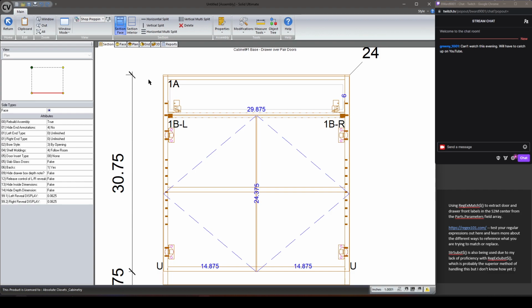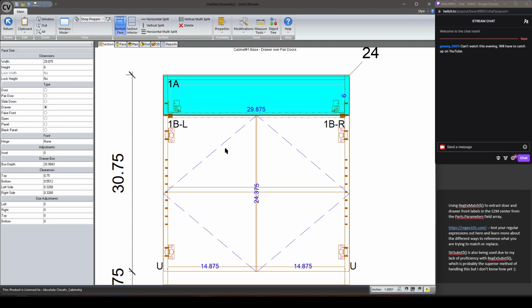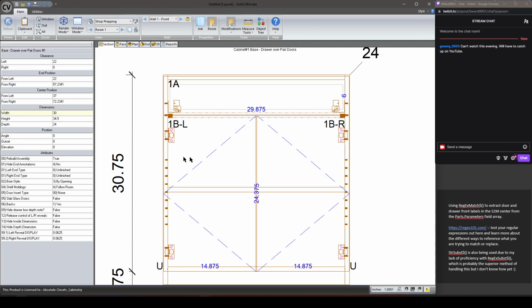And essentially, when you go through the motions of making that happen, and maybe there's a better way to do this, but I don't think so. I haven't really been able to find a way to do this. But when you take a door to the S2M Center,